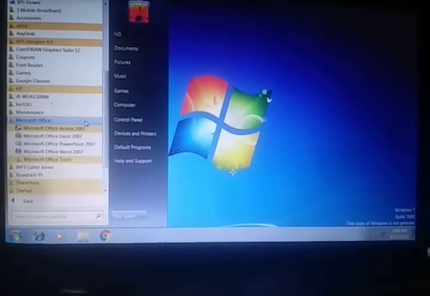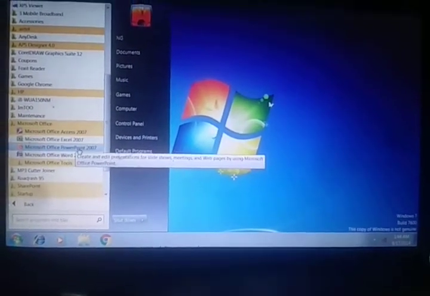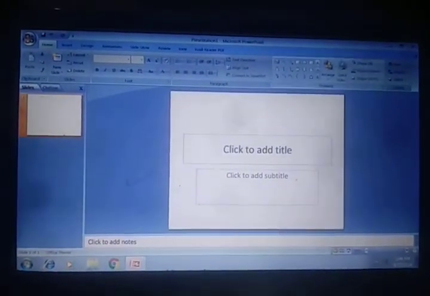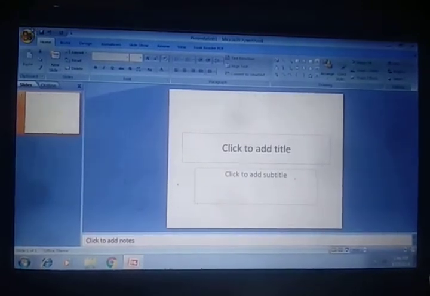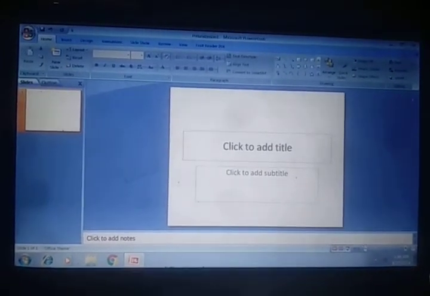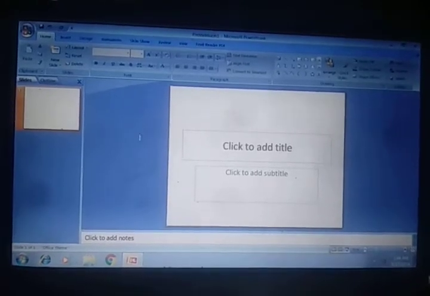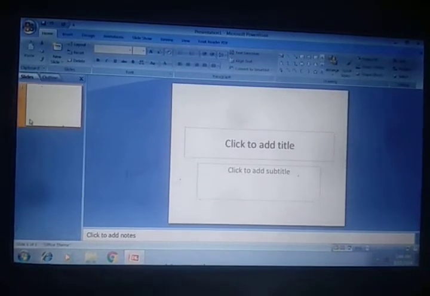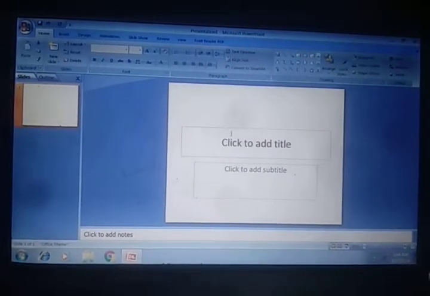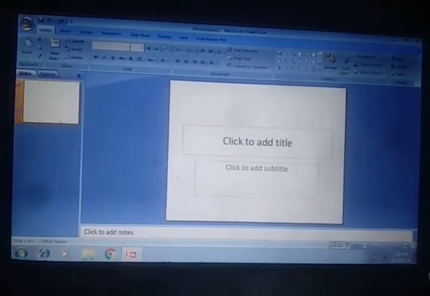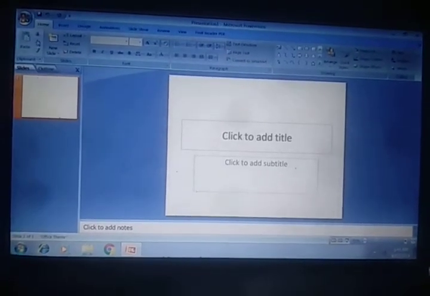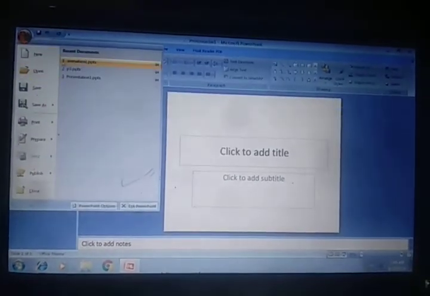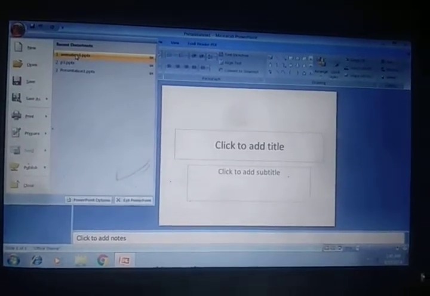Click on this, then choose Microsoft PowerPoint. The Microsoft PowerPoint window will appear, and this is called the application window as well as the document. This is known as a slide. Then I have prepared some topics like this.